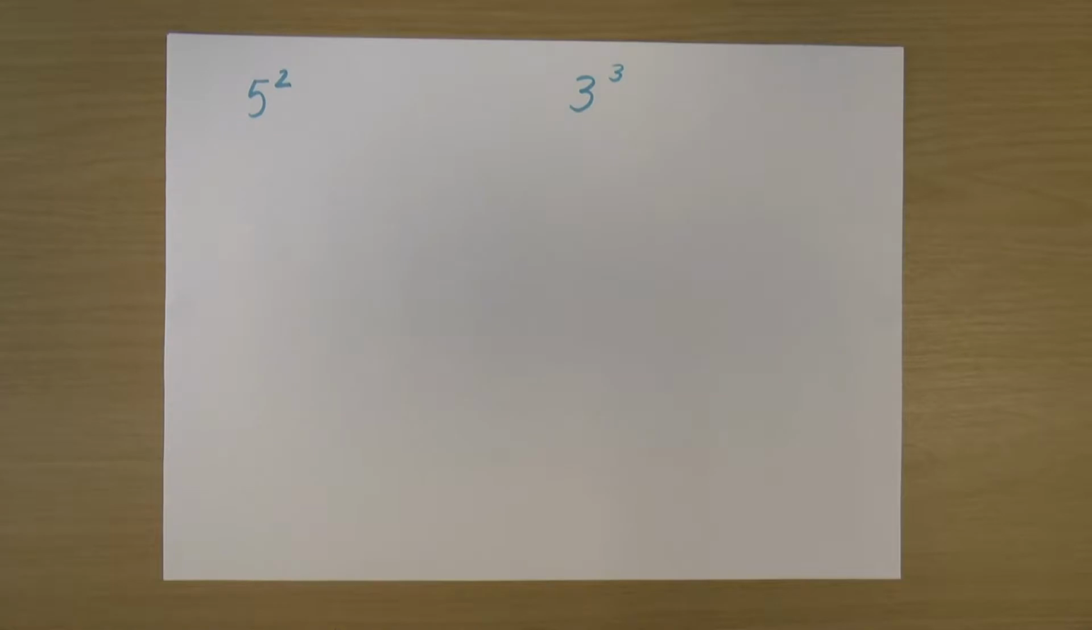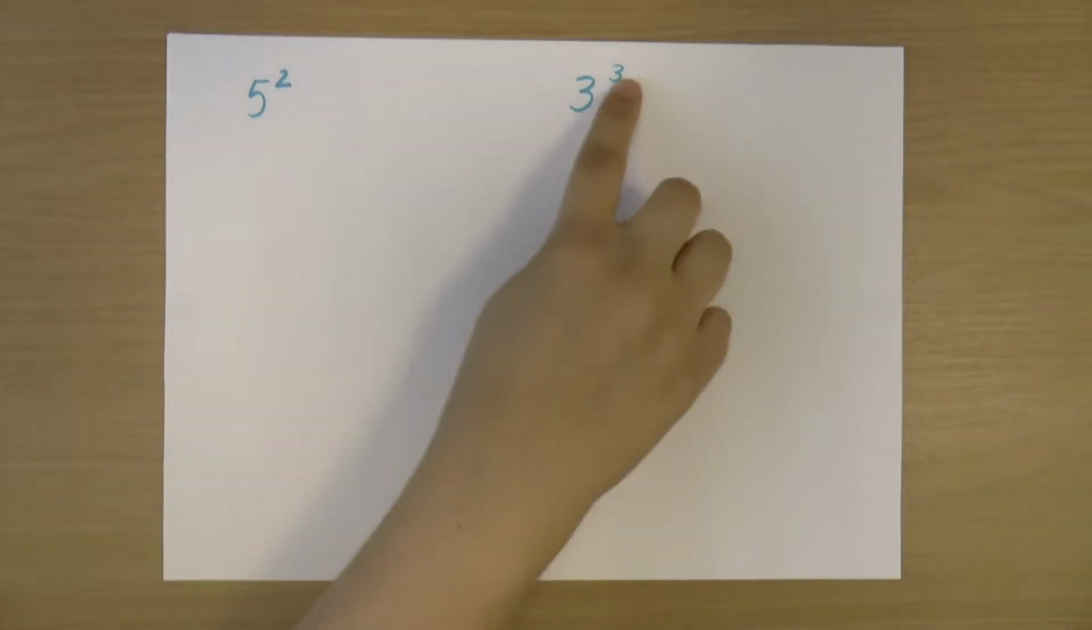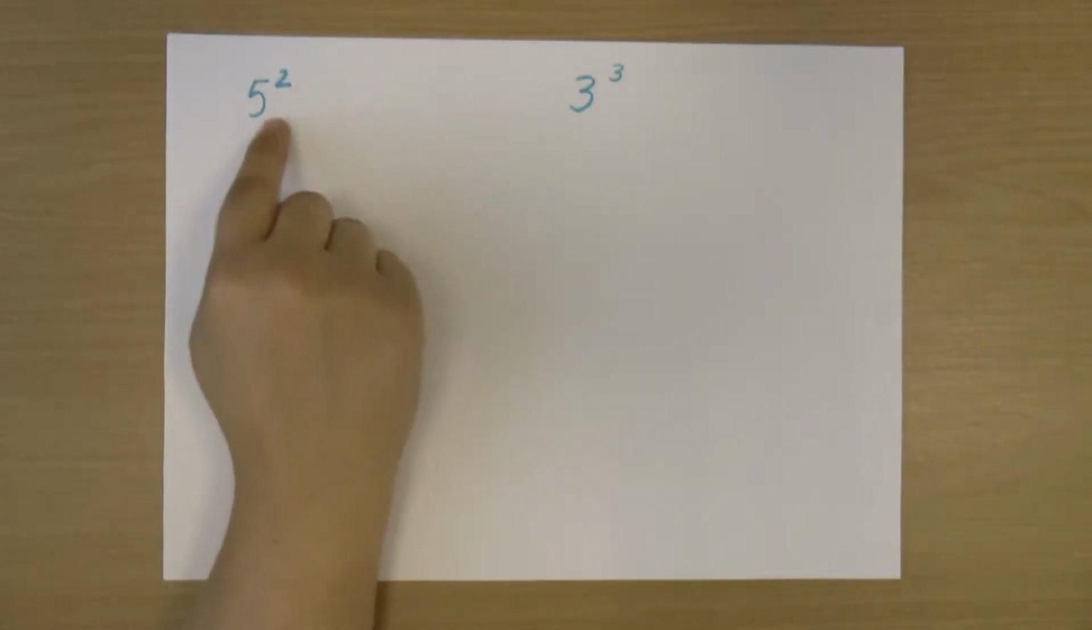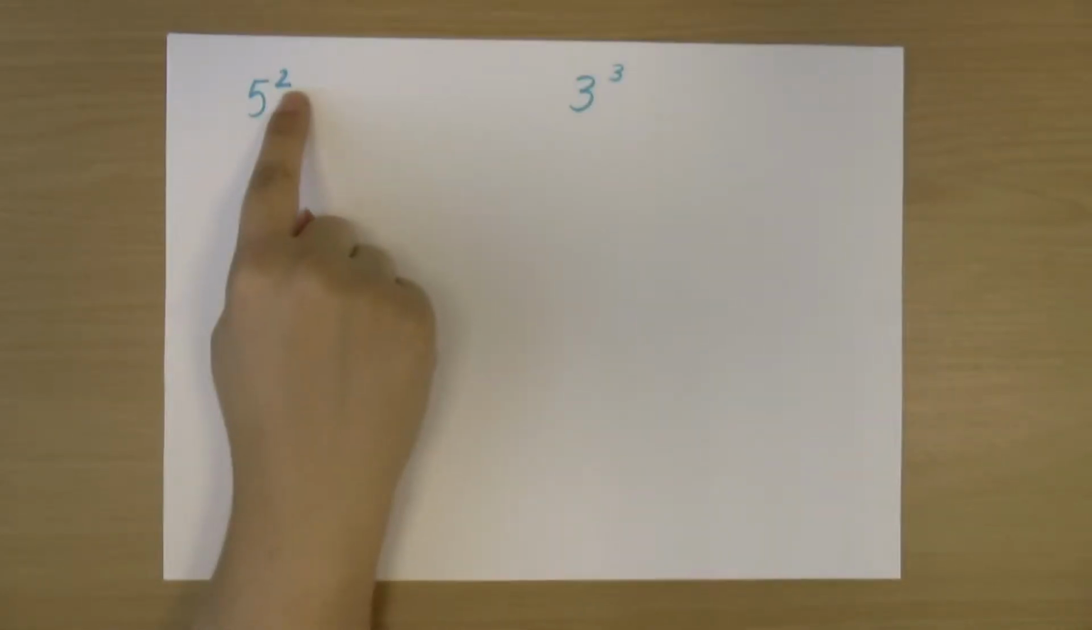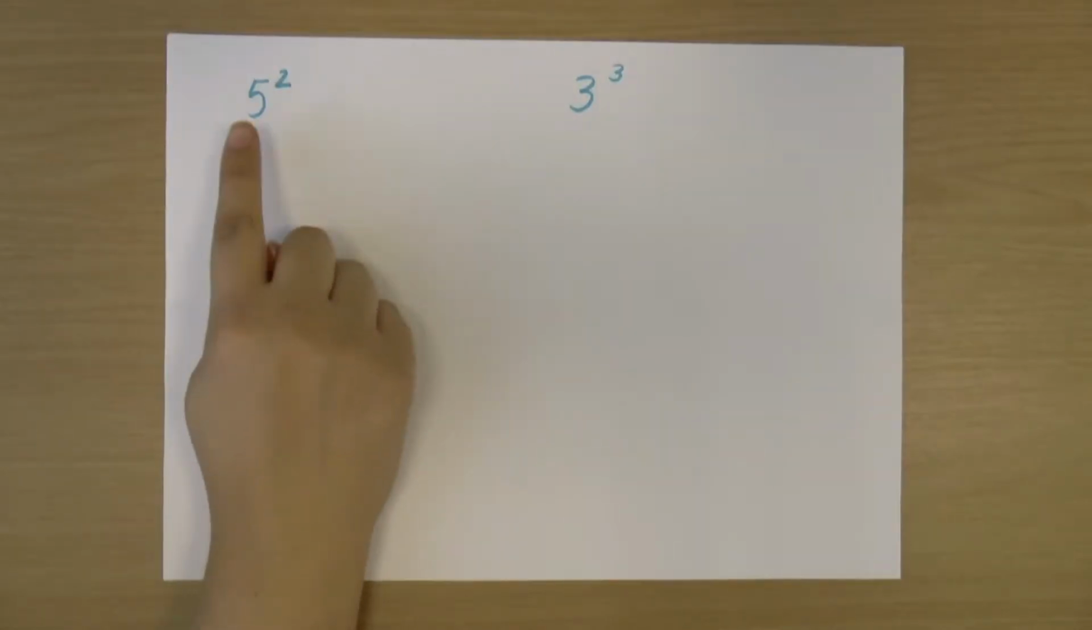Hi, this is Rachel, and we're going to look at indices. So an index, plural indices, are these little numbers here. They are the small numbers to the top right, and those tell us essentially how many times this number